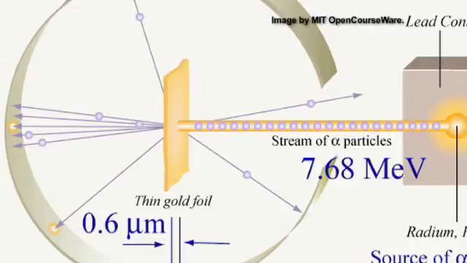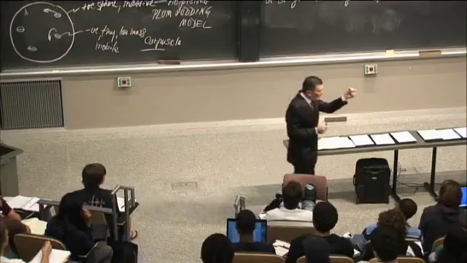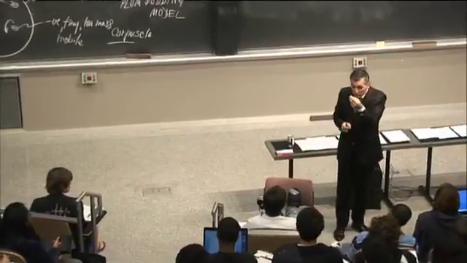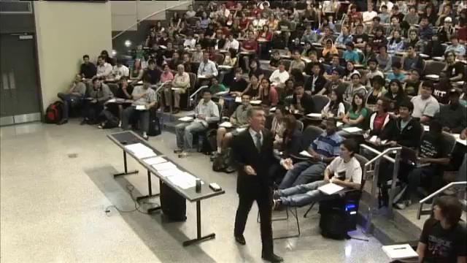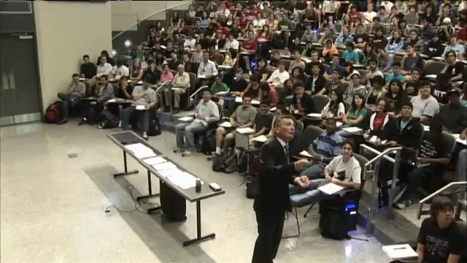And by the way, how did they count these things? Well, Geiger is the same guy who gave us the Geiger counter. Geiger was a technician that worked for Rutherford, and he developed this screen. They called it a scintillation screen. It was coated with zinc sulfide. And so when the alpha particles bounced and they hit the screen, they would excite electrons in the screen and then cause a scintilla, a spark. And then what you do is you just get a graduate student or some other source of abundant cheap labor, and you have a whole bunch of graduate students sitting here, and they count. That's how it was done, the good old days in 1909. And so they counted what the distribution was.